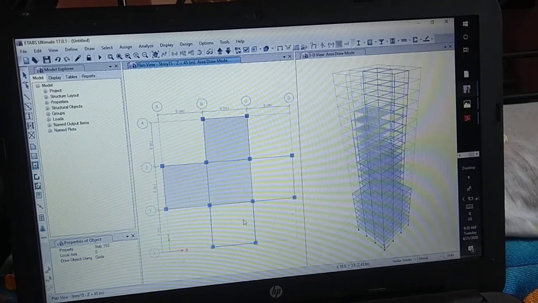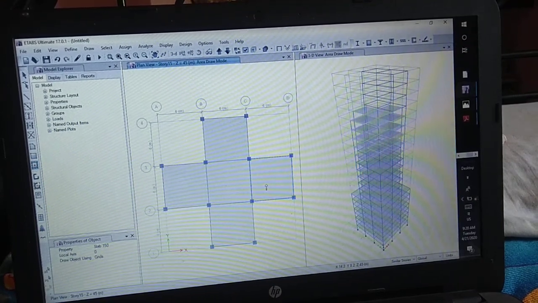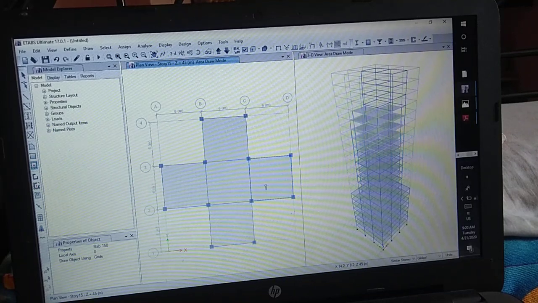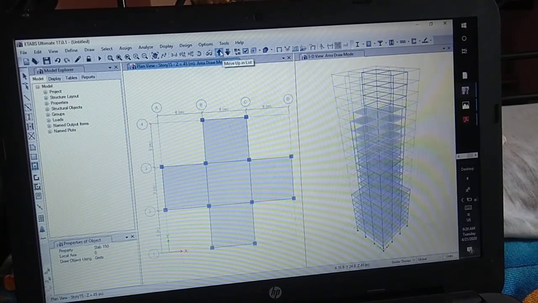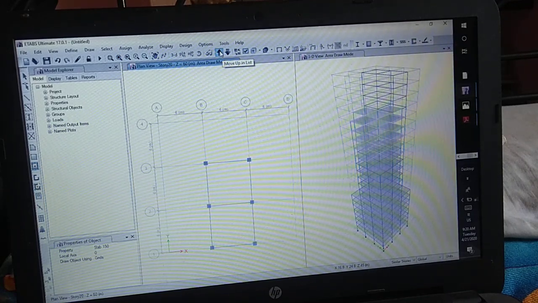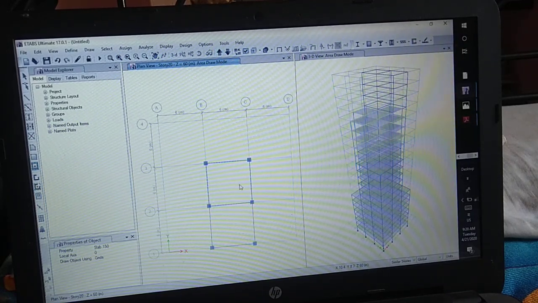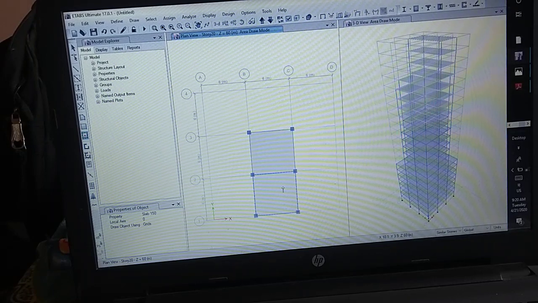Then next go to story 20 to 23. So go on any story and simply click on that. So you have drawn the slabs.